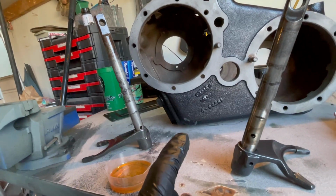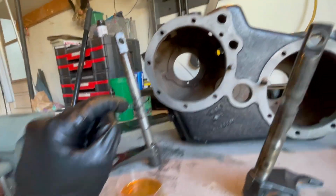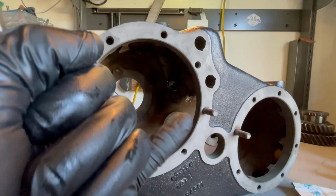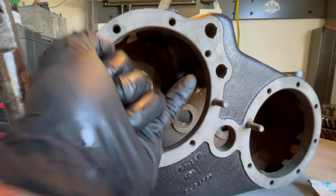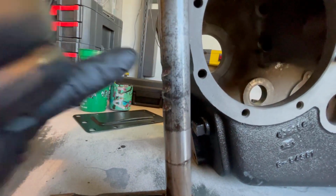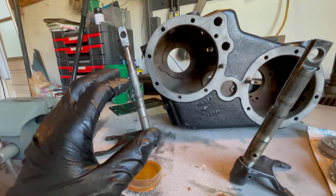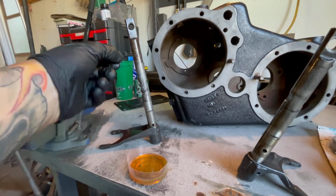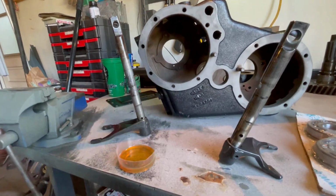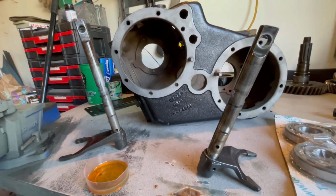Now I did forget to mention this when I took this apart. When you take these rods out, you'll see right there that there's a little ball bearing. There's a spring that the bearing sits on that pushes it up into these little recesses here, and you have those on both shafts. That allows the shafts not to move when you're in a certain gear. Otherwise, every bit of torque you'd get would clunk the thing out of gear and you'd have to hold the